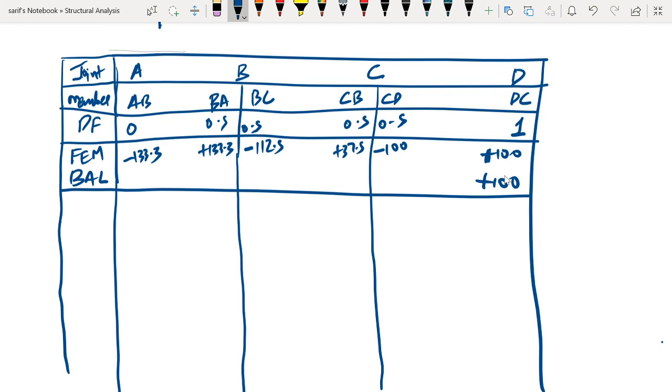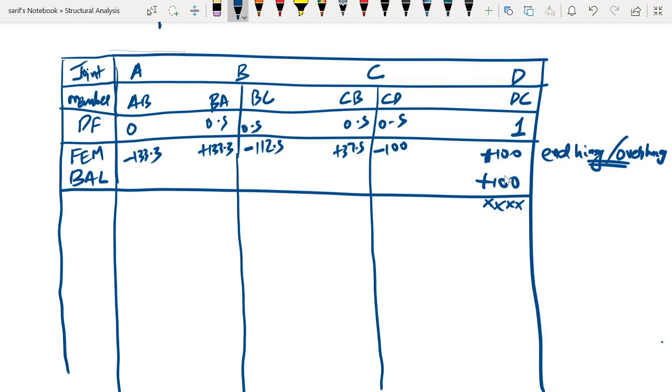Okay, so now once this is done, we should not be disturbing the equilibrium of this particular joint again. So plus 200 has been reached at joint D, that is the overhanging end or the end hinged end. So the first thing we are going to start with is the end hinge or the overhang. These are the points where we are going to start our analysis and equilibrate them. The moment that was needed at the joint D was plus 200, there was only a plus 100, so we added a plus 100 also.